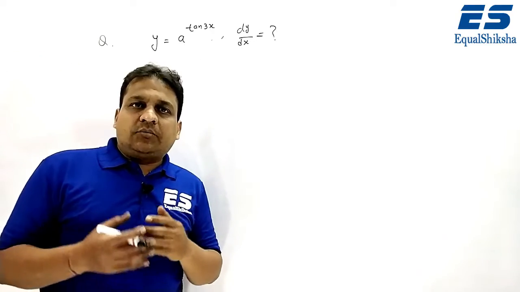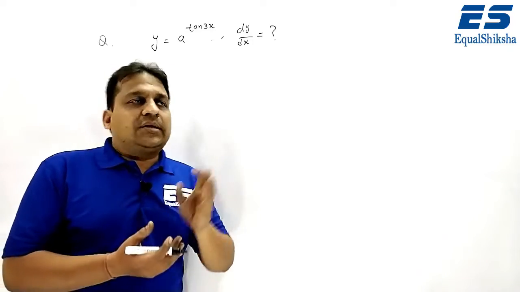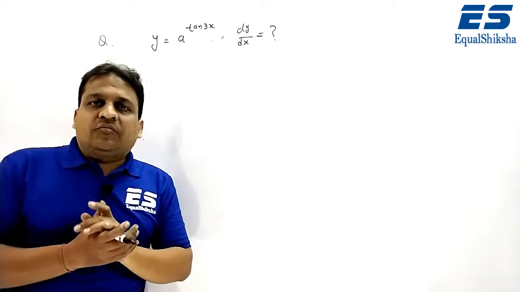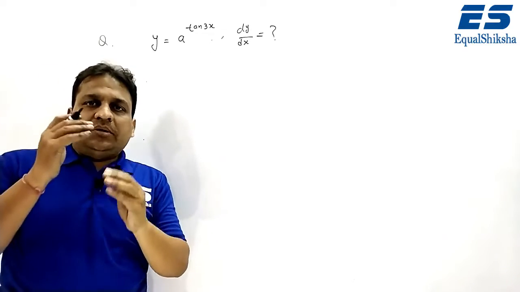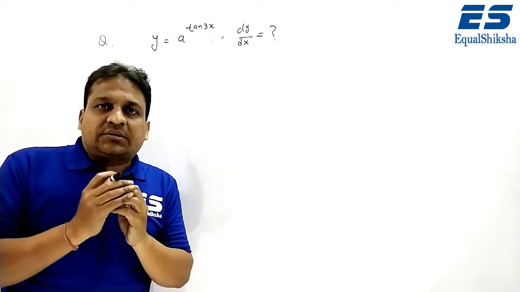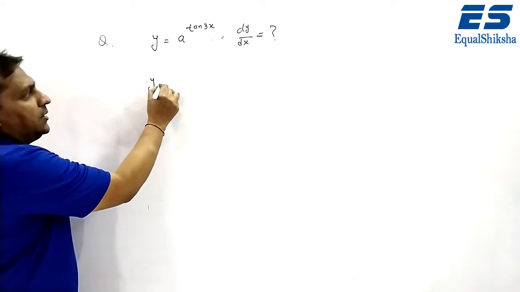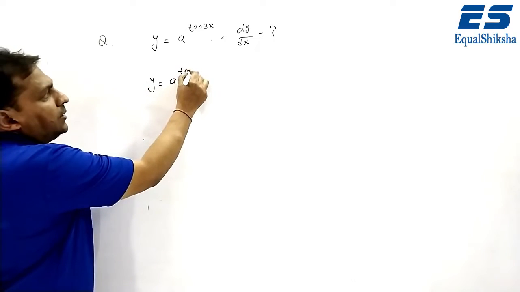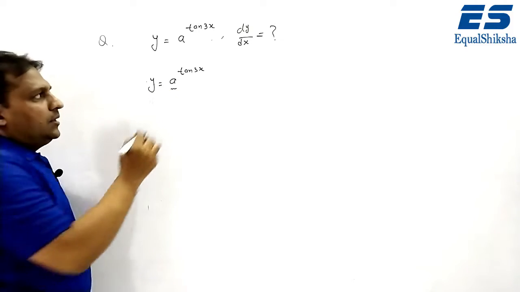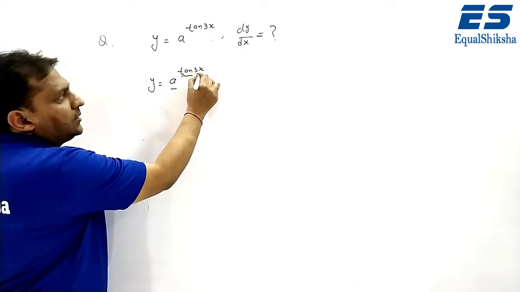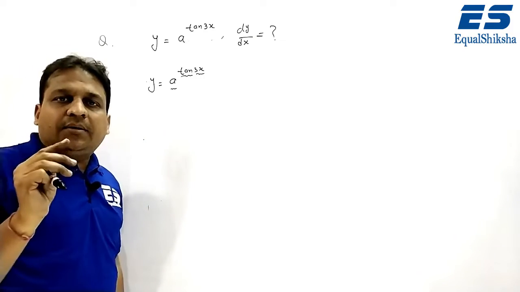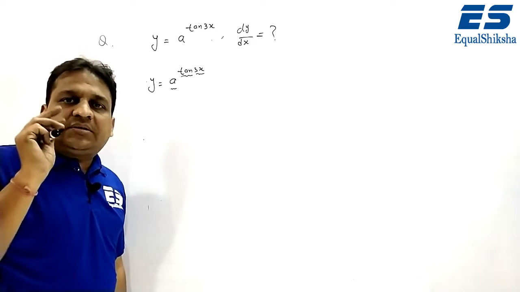Students, now we are discussing one more example of function of function, and the question is y is equal to a to the power tan 3x. In solving such type of example, I have told you first you have to count the number of functions. Here y is equal to a to the power tan 3x. Look, beta, the first function is a, the second function is tan and the third function is 3x. So there are three functions.